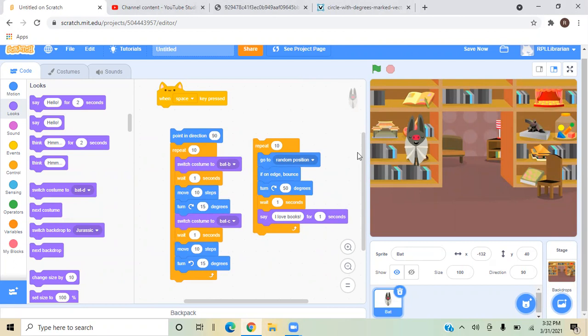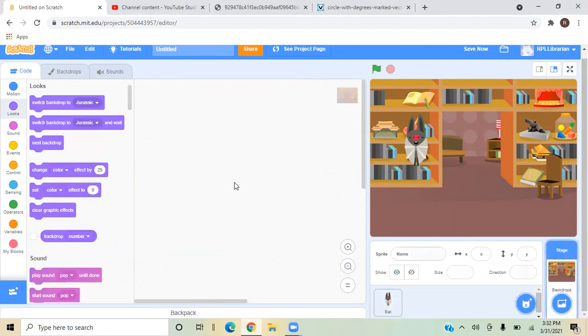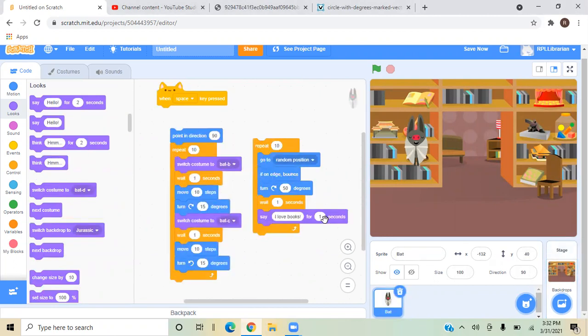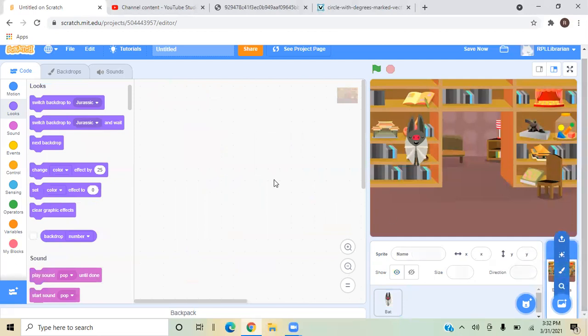To change to my backdrop, I'm going to come down over here to where it says backdrops, and I'm going to click on that. All my code went away, and we are on a fresh, separate, new page. All I have to do to get back to my sprite is double click on him. To get back to my backdrop, I click on the backdrop down here. Okay,